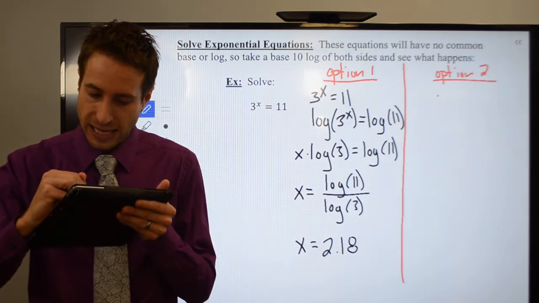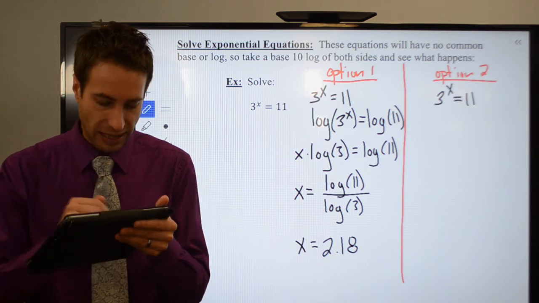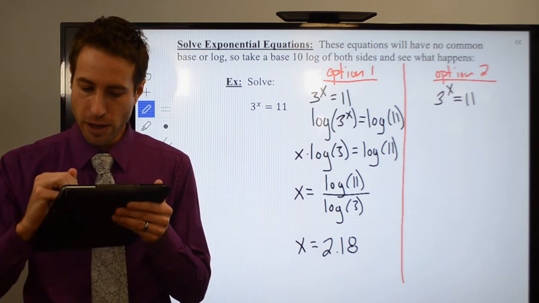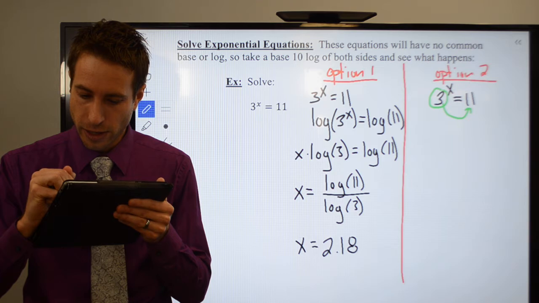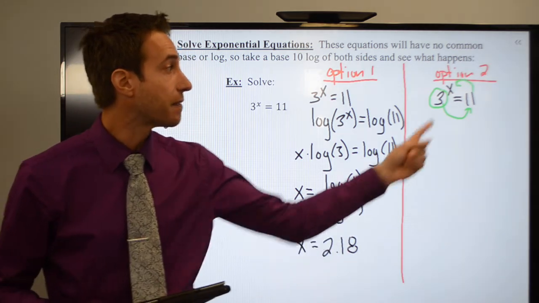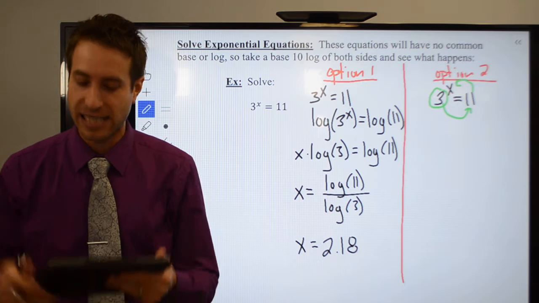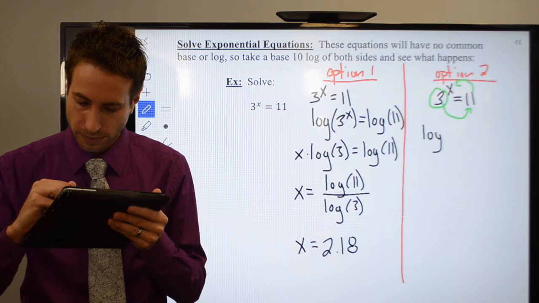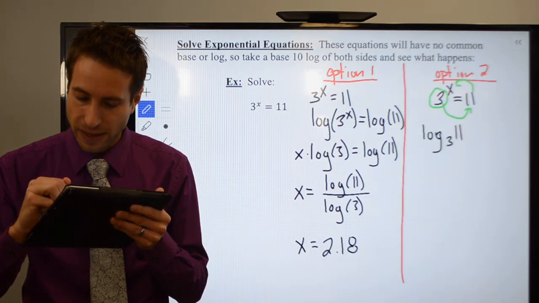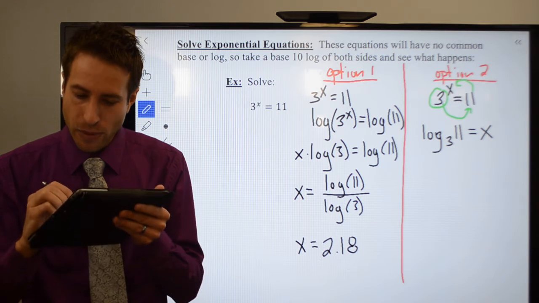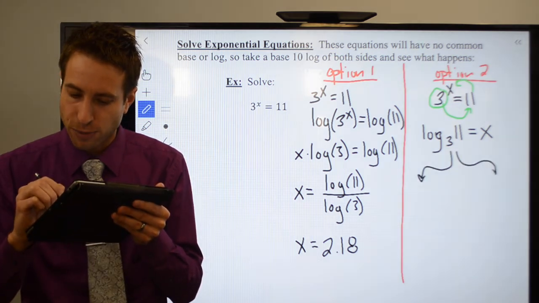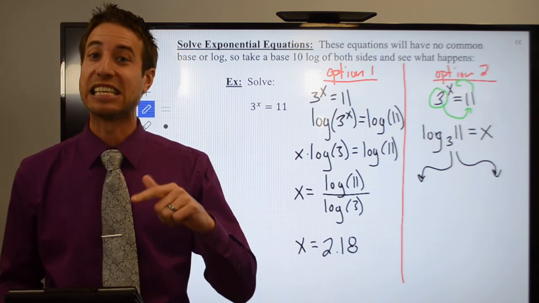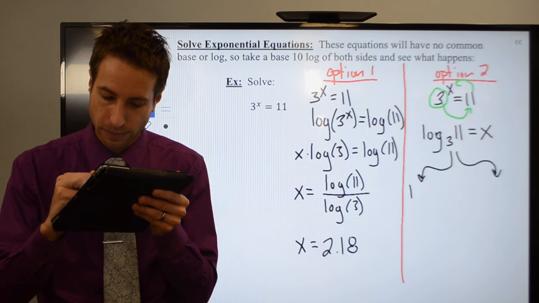If you have 3 to the x is equal to 11, we can just go back to our good old trusty friend, the Snail Method, and use the Snail Method to rewrite this guy. Since I have an exponential, it will rewrite as a logarithm. So it'll be log base 3 of 11 is equal to x. And then remember, at this point, you've got two options depending on which calculator you have. If you have the graphing calculator that has the log base function on it,